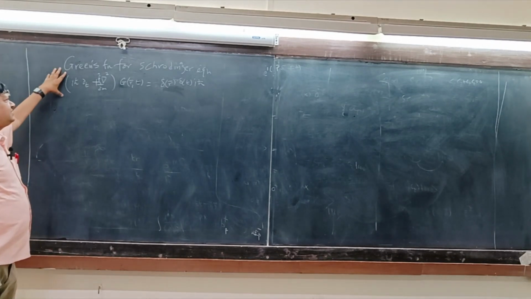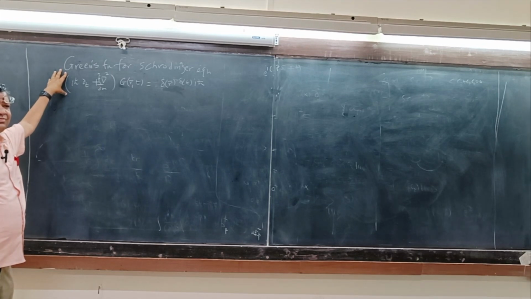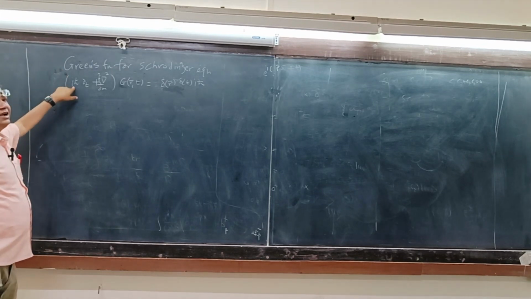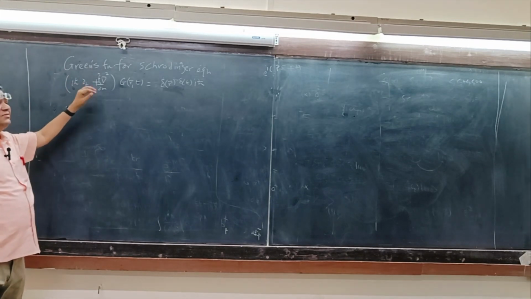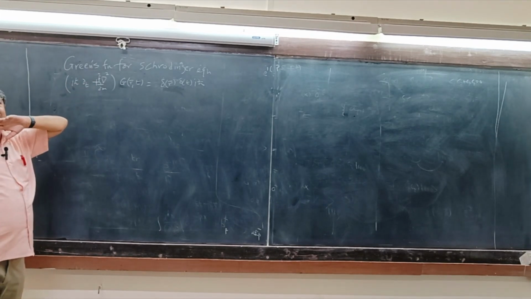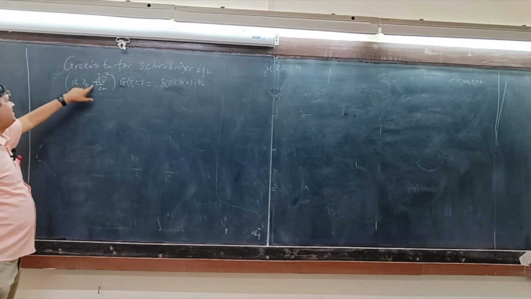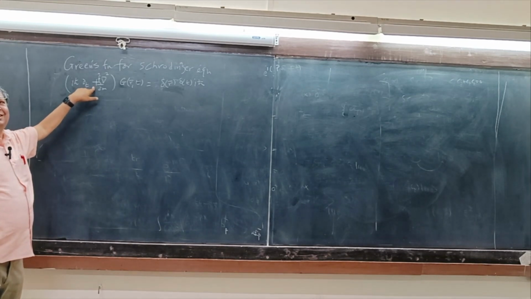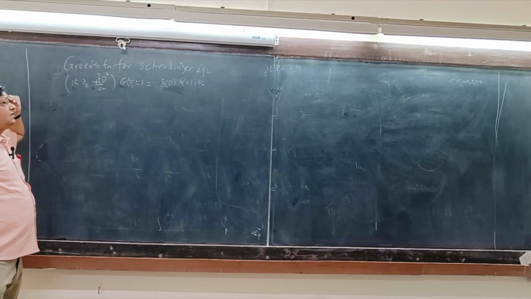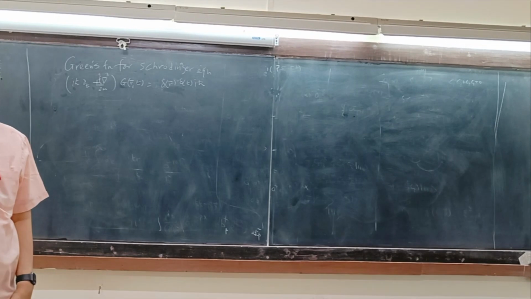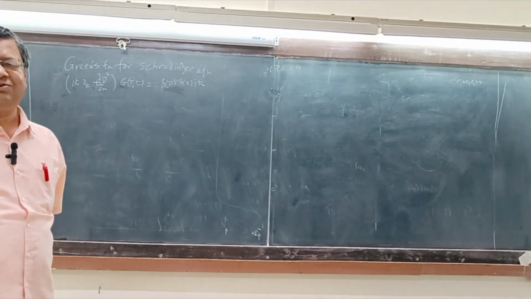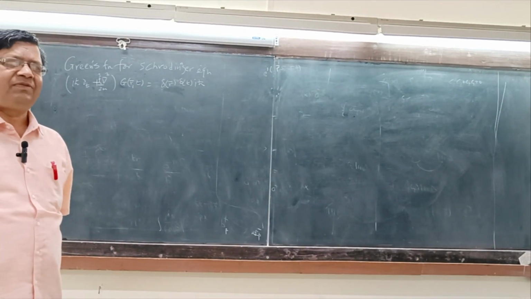The interesting thing is this equation is very similar to the diffusion equation, except the i. If you get rid of i and h bar, then it's a diffusion equation. Okay, this becomes a minus sign. So the solution is very simple; I mean, the solution is also very similar. You just need to keep i.